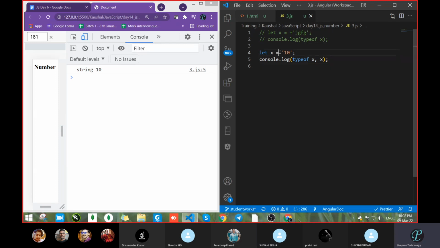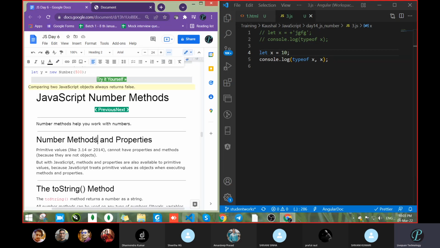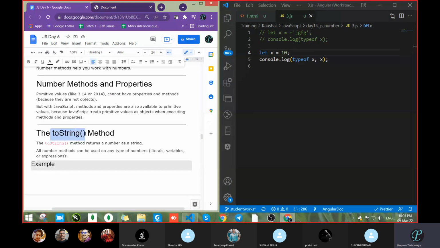But now tell me, if I am getting some data from the database, you will not do it like this, correct? You have to do that dynamically because the data is coming from somewhere. I don't know what type of data this is, but we have to convert it, for example a number like 10, into a string. We can't do that by that process. So there is a method, toString. You pass this toString method and it will convert that into a string type.